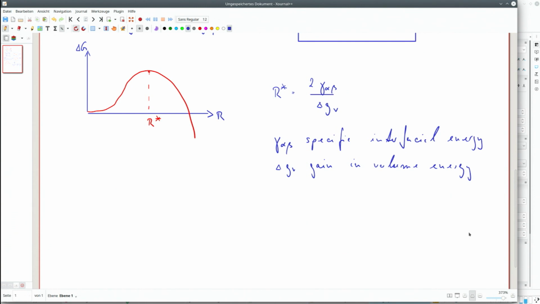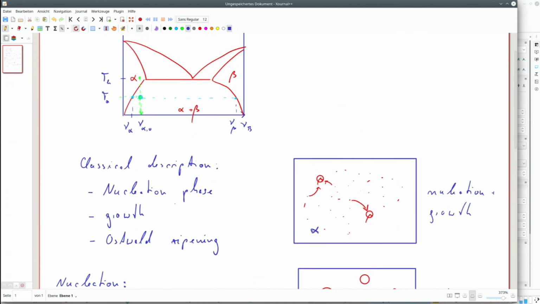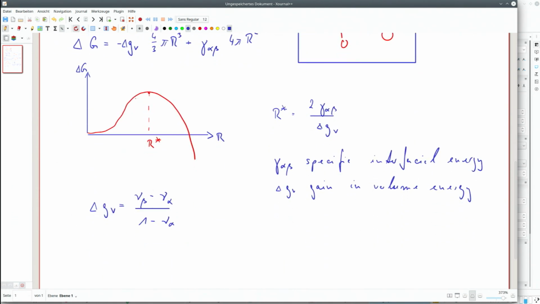One can make a very simple model or estimate for both quantities. For this volume energy, one can estimate it from the phase diagram. These are all these quantities here. So nu beta minus nu alpha, that's the size of this miscibility gap. 1 minus nu alpha is 1 minus this here. Times kT logarithm. I should put a big roughly equal to,